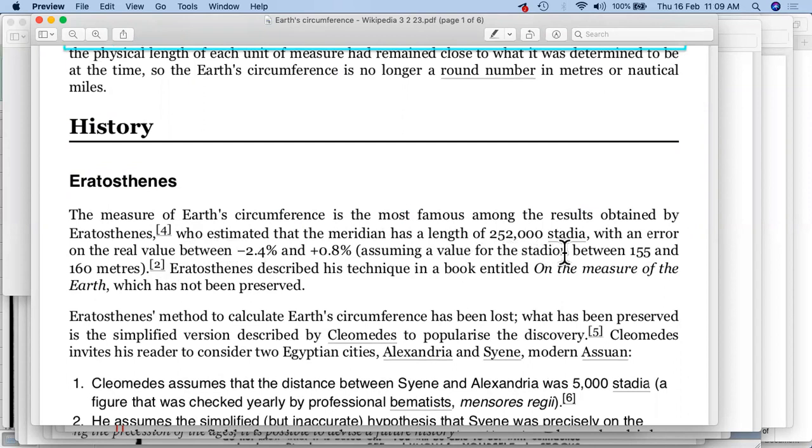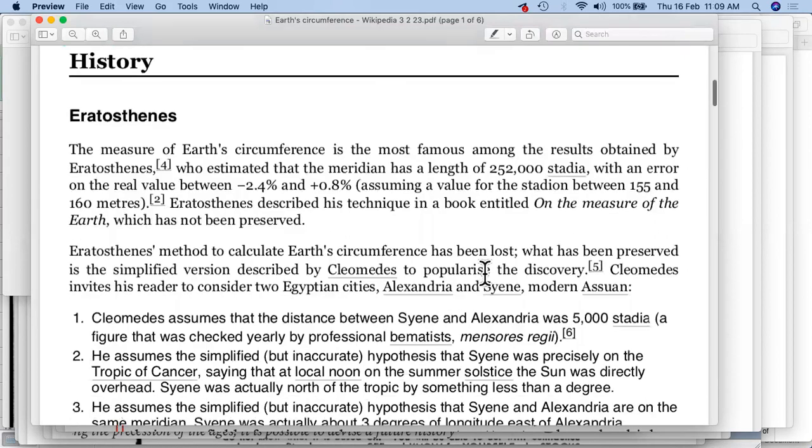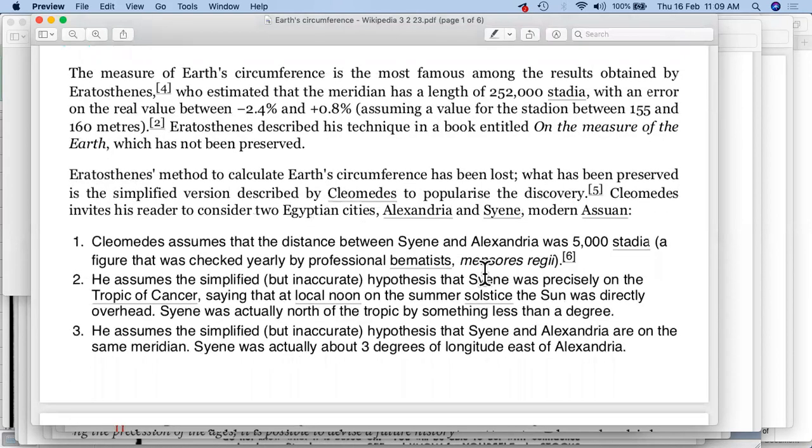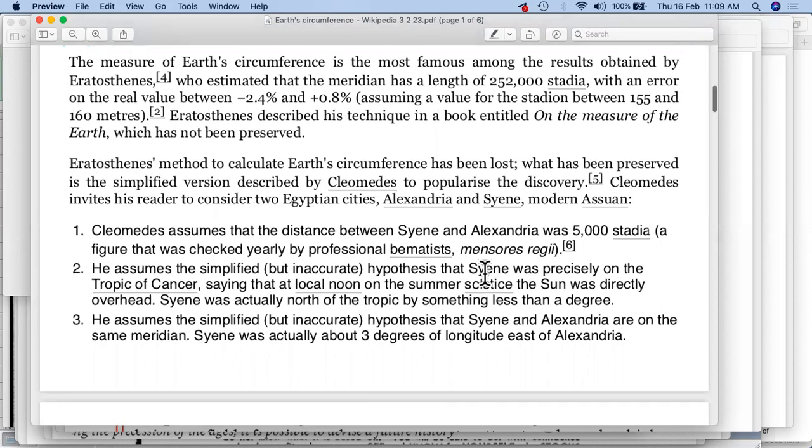252,000 stadia. So that was the unit which was made, and probably the conversion and details are already given. We're just trying to focus on one part, so that's why we are not trying to focus on any other things. And they wanted to have this measurement done between Syene and Alexandria, which is somewhere around 5,000 stadia, and probably they had a different equation. So by using this distance and the sun, the shadow, they wanted to have these calculations done.